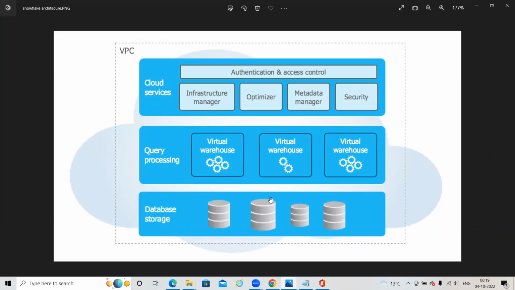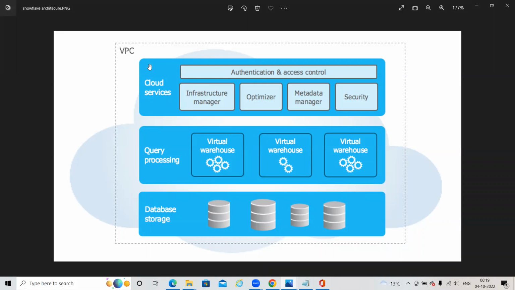The very first layer is database storage, where we are going to store data in Snowflake, and then query processing. This is the virtual warehouse. We are going to see what a virtual warehouse is and what query processing is. The collection of multiple virtual warehouses is the query processing layer, and the third one is the cloud services layer.